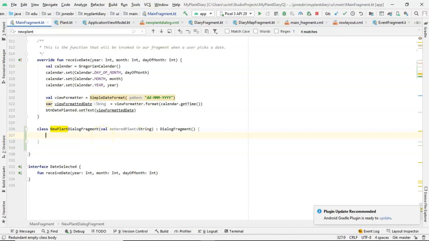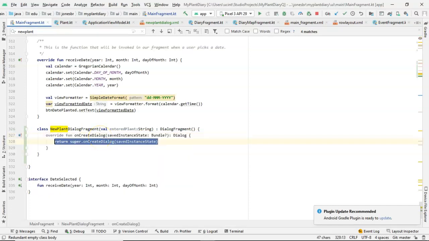Let's override the onCreateDialog function because that's what's actually going to create and return a dialog to our user. Careful, as there are several methods or functions that look very similar. We can remove the supercall because we're going to create our own dialog. Now, let's use a little bit of Kotlin magic here. First of all, we know that we need to return a dialog, correct? So let's say return activity